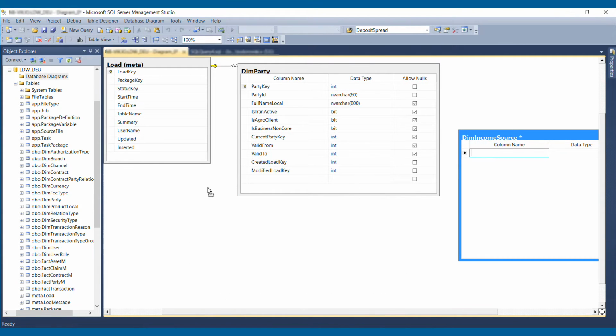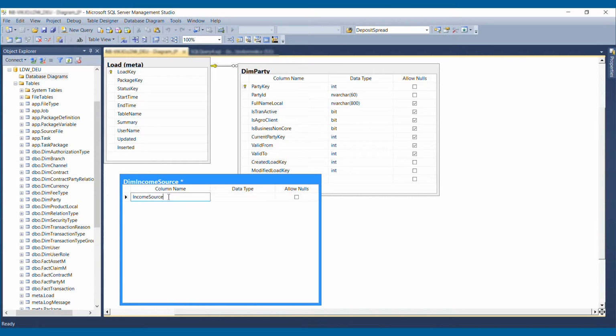We create income source key as small integer column. It will be the dimension primary key. Next we create income source ID as nvarchar, and this column is the unique business identifier of the dimension record. Last we create the description column as nvarchar of 400, called name local, and also we create the two load